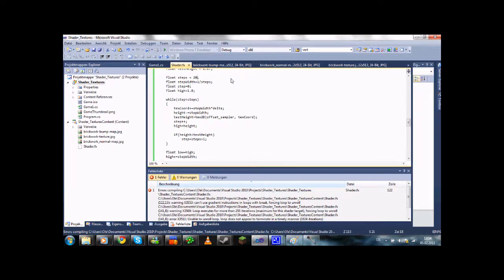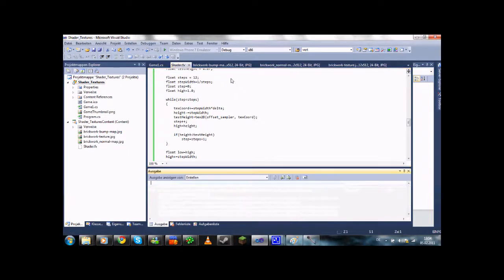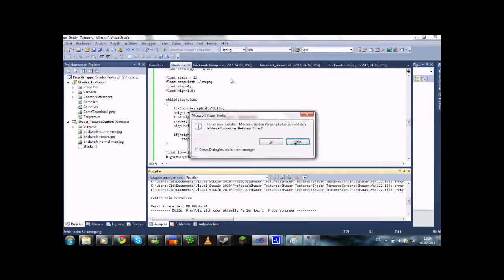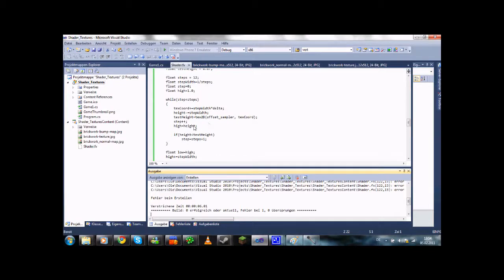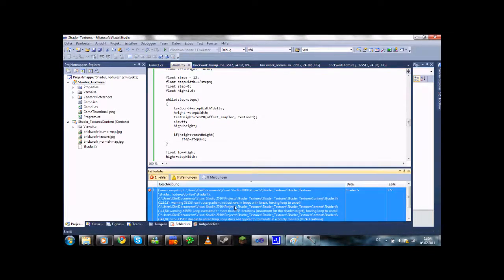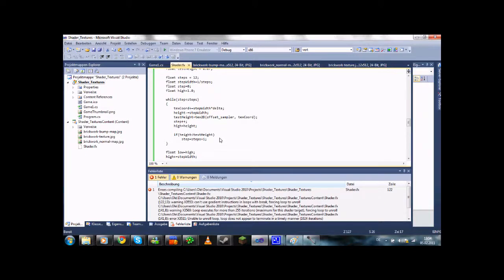Let's change that to 12 then. Did I change anything except for high equals height? I don't think so. Unable to unroll loop. Step smaller than steps, step plus plus. I could set steps a bit lower still, but